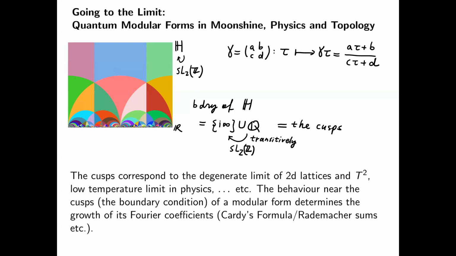For instance, in the context of 2D lattices they correspond to degenerate lattices, and relatedly to the degenerate limit of an elliptic curve and low temperature limits in the physics application, etc. And the behavior near the cusps, or what I call the boundary condition of a modular form, then determines the growth of its Fourier coefficients, as we have heard about in Sergey's talk, known in the physics language as the Cardy formula, or in a more precise version, the Rademacher sums or Poincare series in the context of